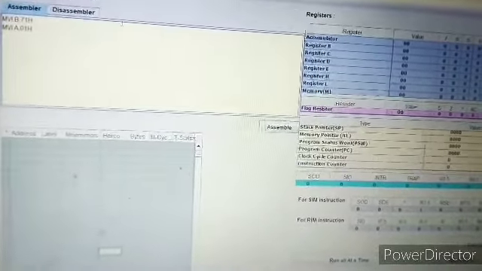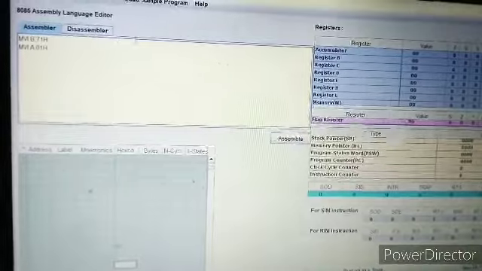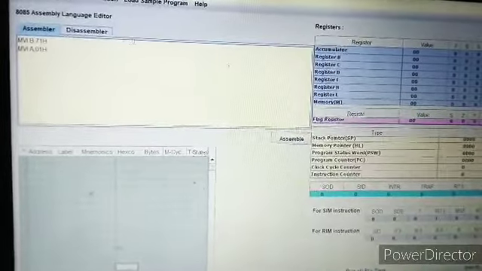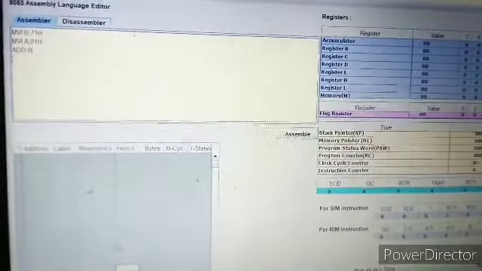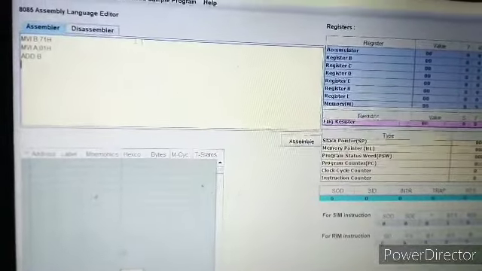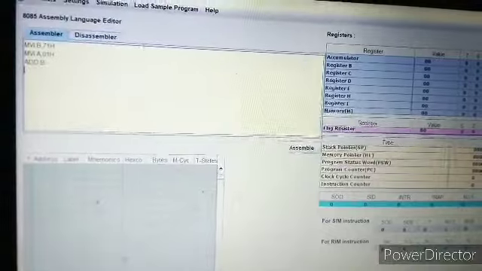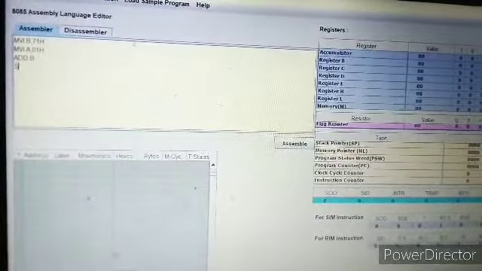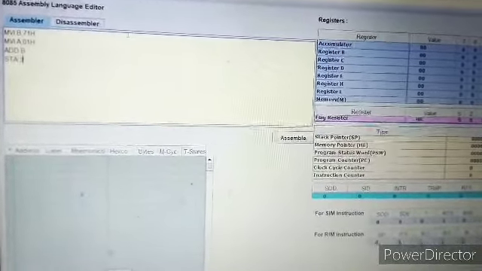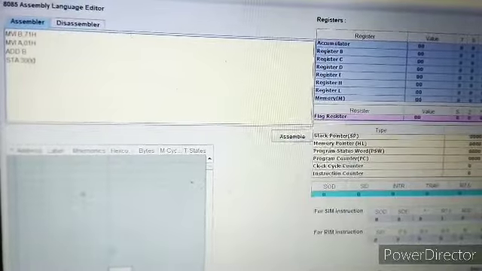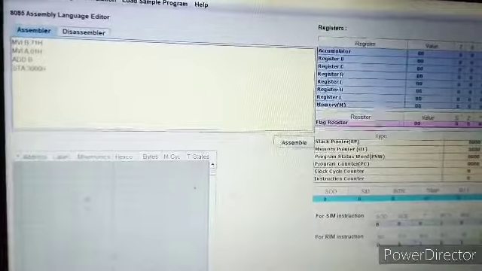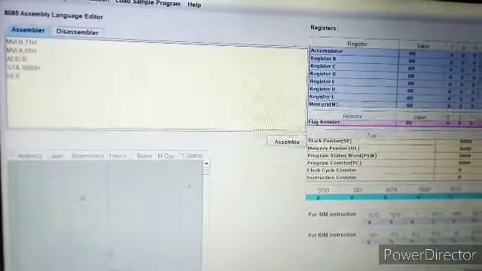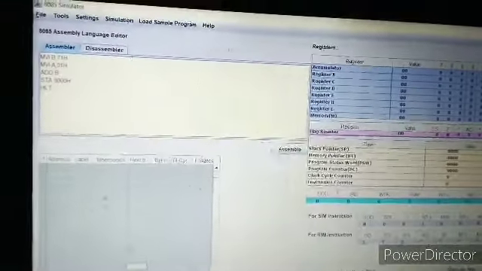So what we have done, we have taken two numbers, 71 and 1, at two different registers. Now ADD B. Okay, so A plus B, and the result gets stored at accumulator. Now store the result at location 3000H. I've just taken random examples, and here our program ends. Is it clear? Okay.